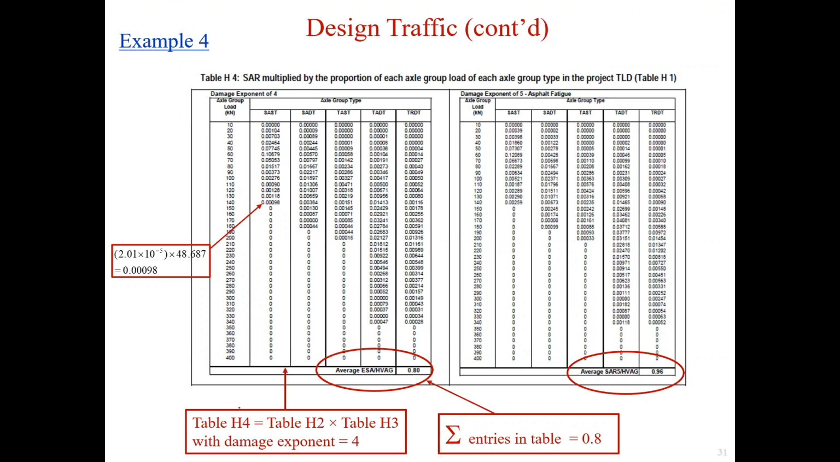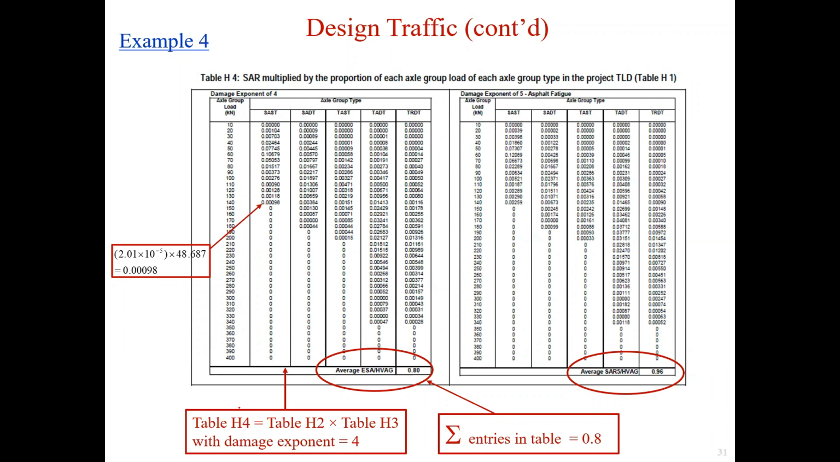Table H4 is SAR multiplied by the proportion of each actual group load of each actual group type in the project traffic load distribution. In other words, table H4 equals table H2 times table H3 with damage exponent of 4, 5, 7, and 12. For example, for actual group load of